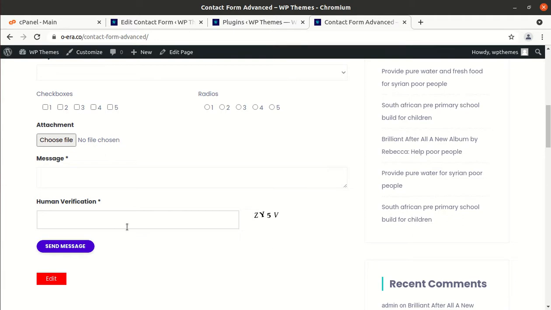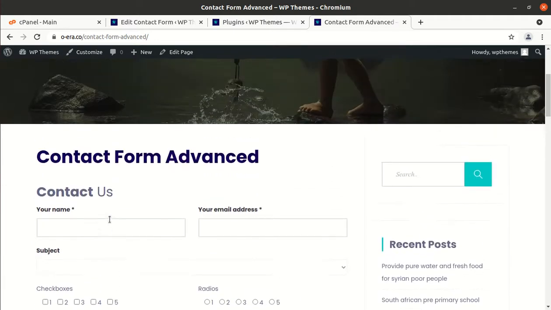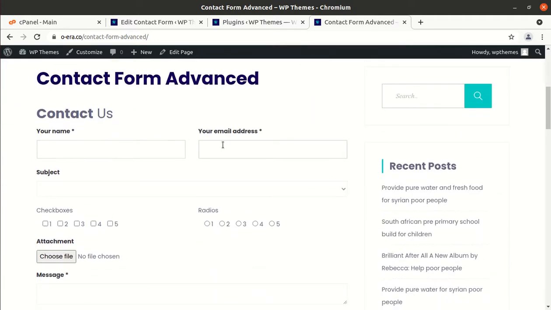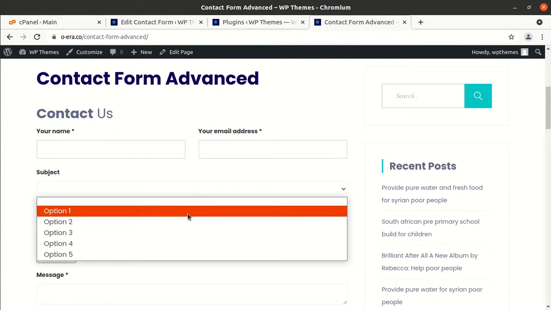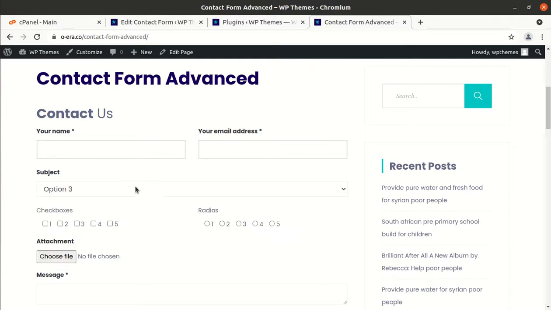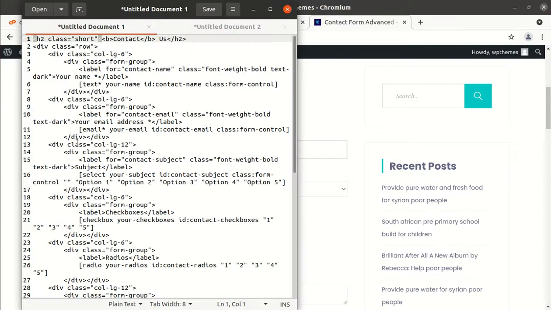And you can see the very advanced contact form here. So, a name field is here, email, subject. So, you can use the drop down option at subject in this form. So, you can change the drop down options in the code part itself, and code is here. So, drop down options can be changed, option 1, 2, 3, 4 you can see here, and you can put your options.